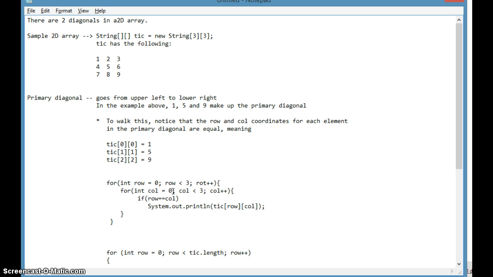Col goes to 1. Row is 1, col is 1. Yes, now it will print out the 5. But it's still going to check. It's going to take col to 2. The row value is a 1. The value in col is a 2. Those are not equal. Now it goes back here, advances, oops, that should be row, advances the row counter value